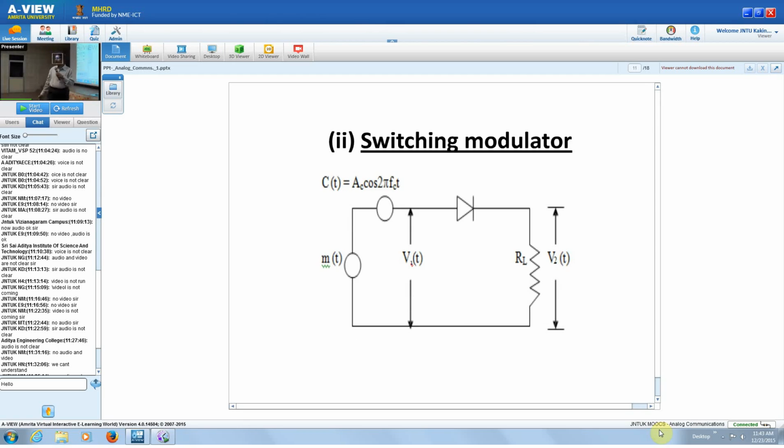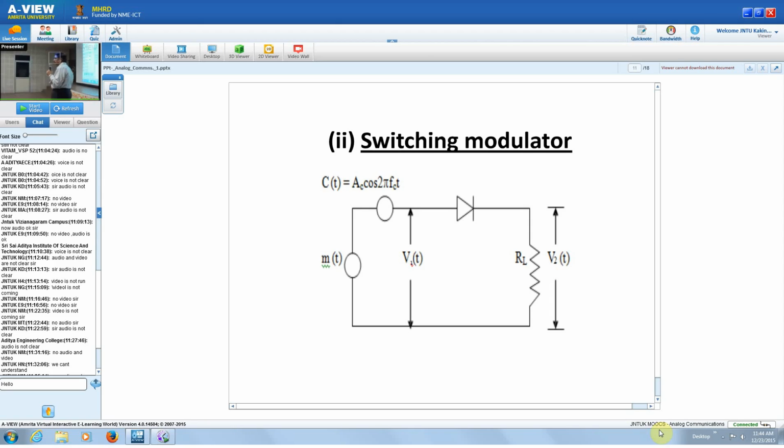So this is our typical schematic for your switching modulator. Again we have the modulating signal and the carrier signal generators, and put them onto this diode circuit, and then you have your resistor to get the output, with the required filtering and other things. The band pass filter you have to have at the output of this resistor. So after this resistor, after V2 of t, we are going to pass this to a band pass filter